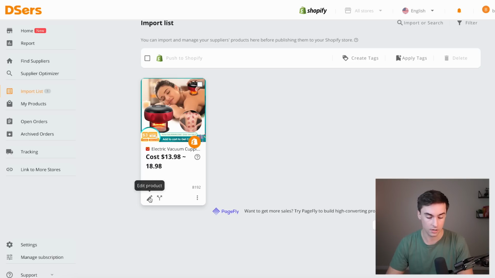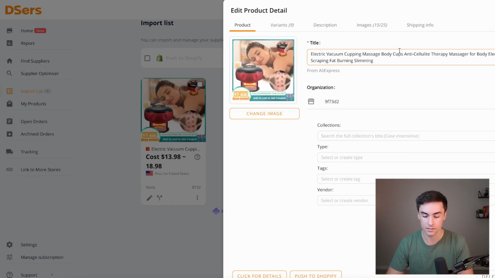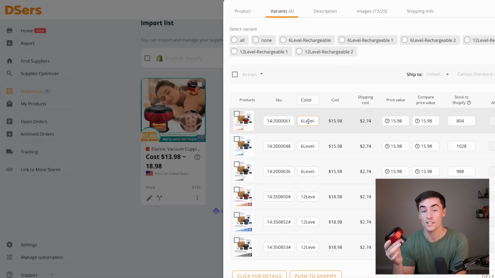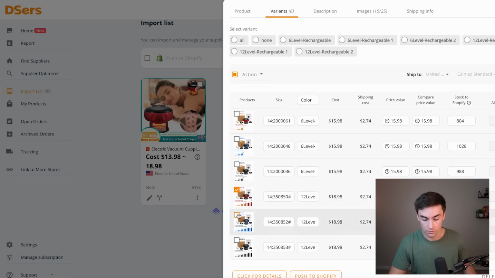So before we import this product to our store, I'm gonna go down to here and click on edit product. And I'm not going to change the title or anything like that yet. So this product has 3 different colors and 2 different speeds. There's a 6 level speed and a 12 level speed. So I actually have this product and I have this 6 level version. I don't have the 12 level version, but the 6 level is plenty. So I'm actually not going to sell the 12 level version. It's an extra couple dollars and I can always add it later. But right now I don't want to add too many different variants. I want to keep it simple with 3 different variants. So I'm going to remove these 12 level variants right here. Action, remove,